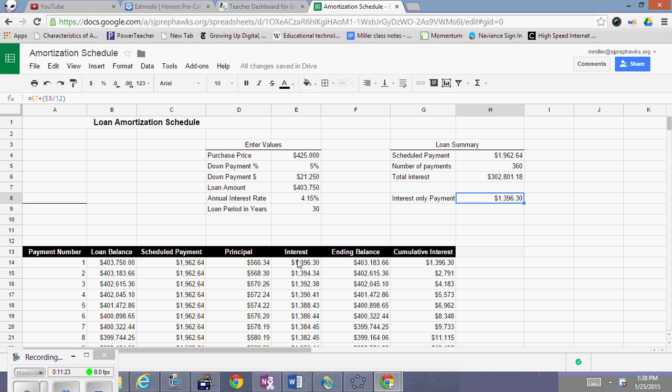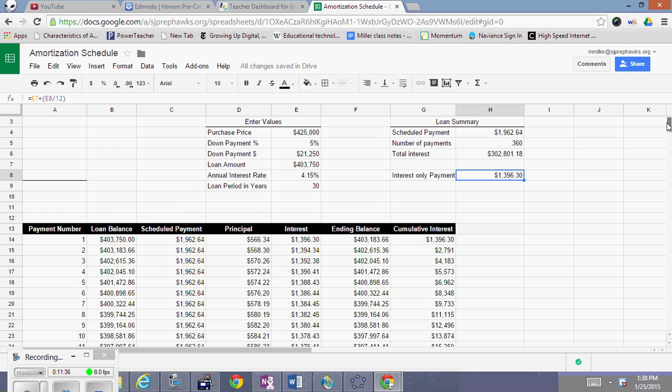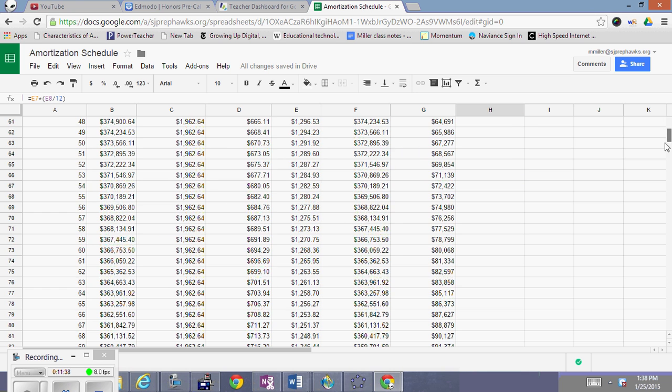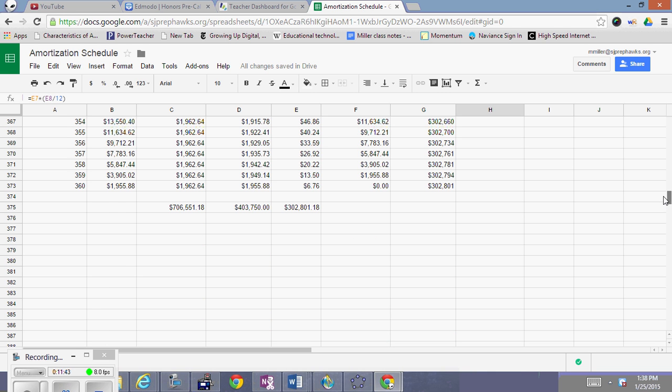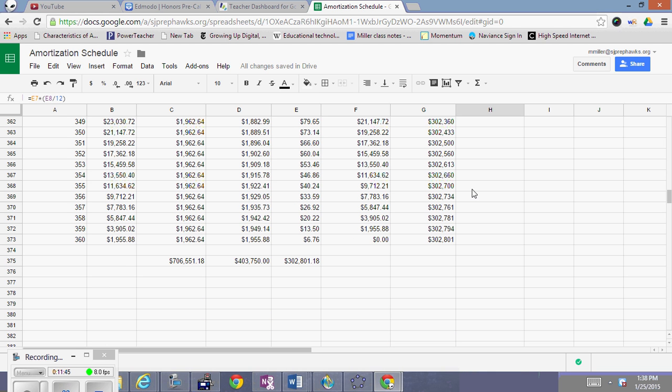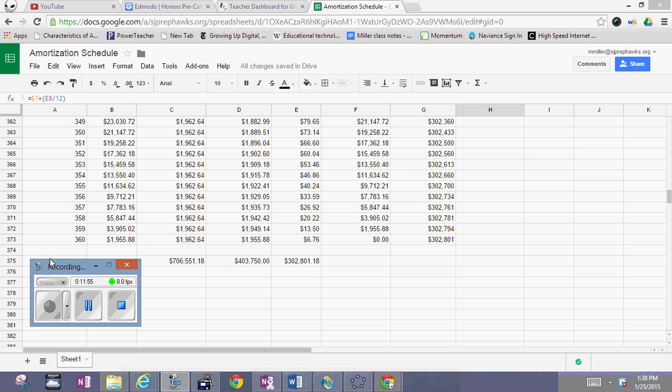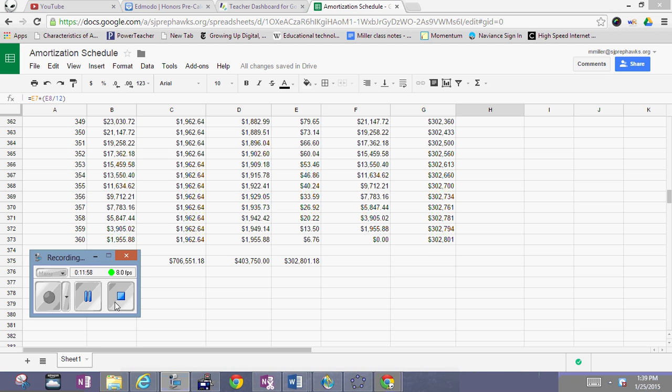And as you can see, this is what you pay every month, a portion of which is allocated towards principal, a portion of which is allocated towards interest. At the start of the loan, the interest payment is the greatest. At the end of the loan, 360 months down into the loan, your interest payment becomes less and less, and your principal payment becomes larger. So that is what we have as our amortization table. And we'll come back with another